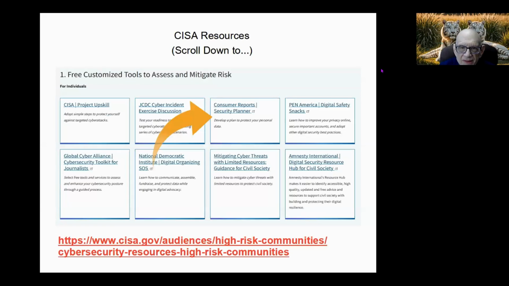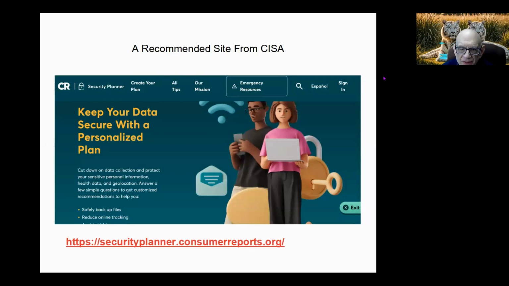Going back to CISA, CISA has a whole bunch of resources for individuals. You go to this site and you just scroll down a bit. It does not pop up at the top. And one of the very interesting places it sends you to is actually to Consumer Reports that has a security planner that you can go through some steps to enhance your security.